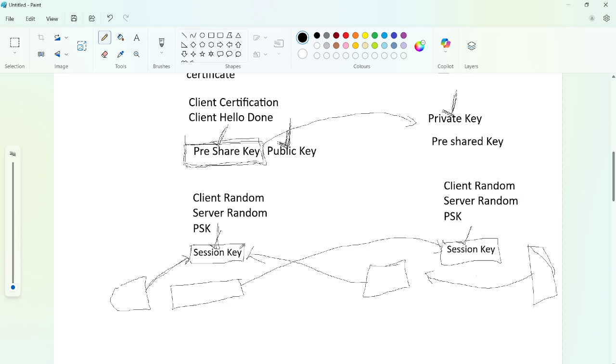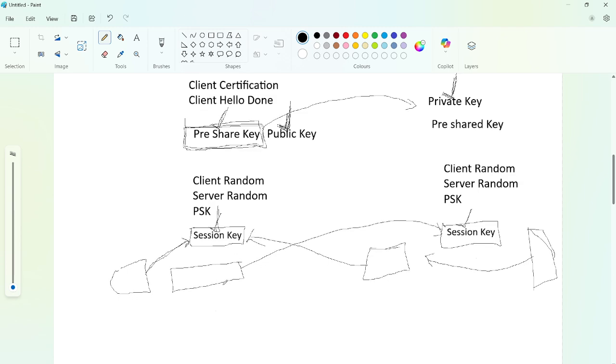And now once the session keys are created between the client and the server, we are forming an SSL VPN, okay? It will be forming a secure layer in order to send whatever traffic is flowing between the client and the server through this VPN, okay? So no one on the internet will be able to see what exact data is being sent here, okay?